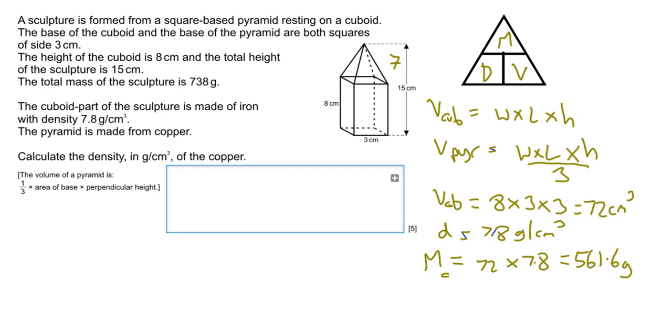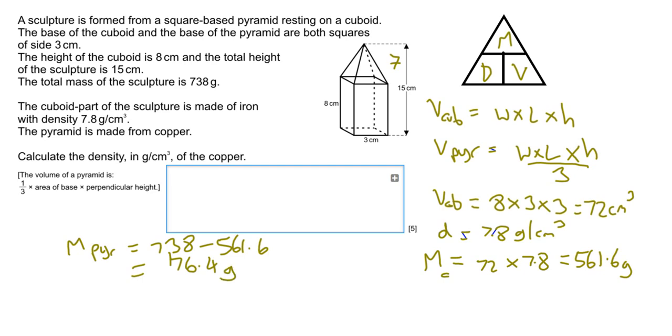So then I'm told that the total mass of the sculpture is 736 grams. So I can work out the mass, therefore, of the pyramid. So I can say that the mass of the pyramid must be that 738 take away 561.6. So I put it into my calculator. 738 take away 561.6, and that tells me that the mass of my pyramid will be 176.4